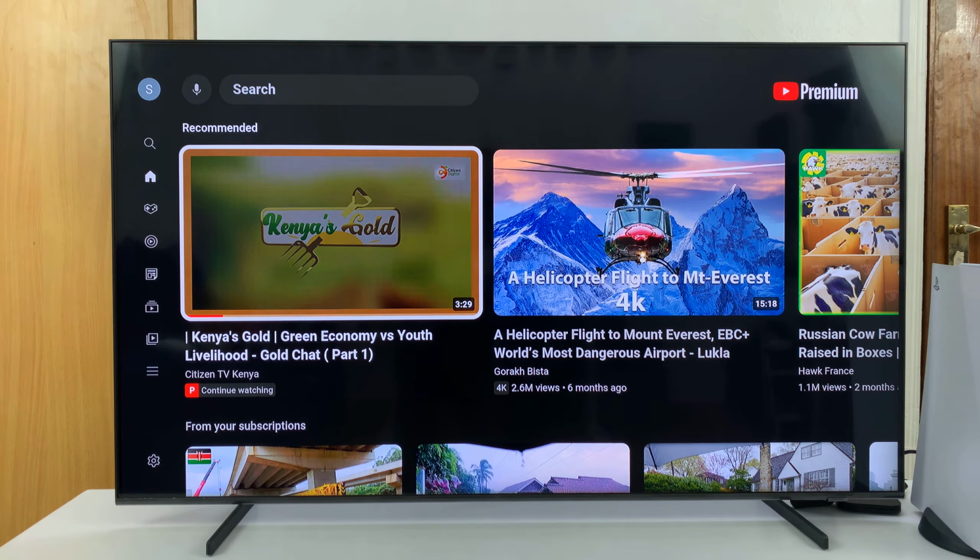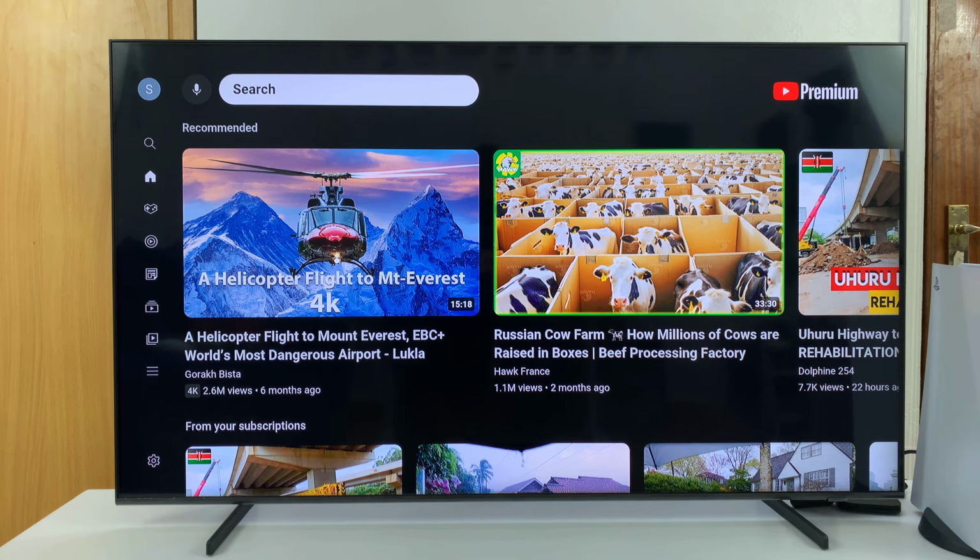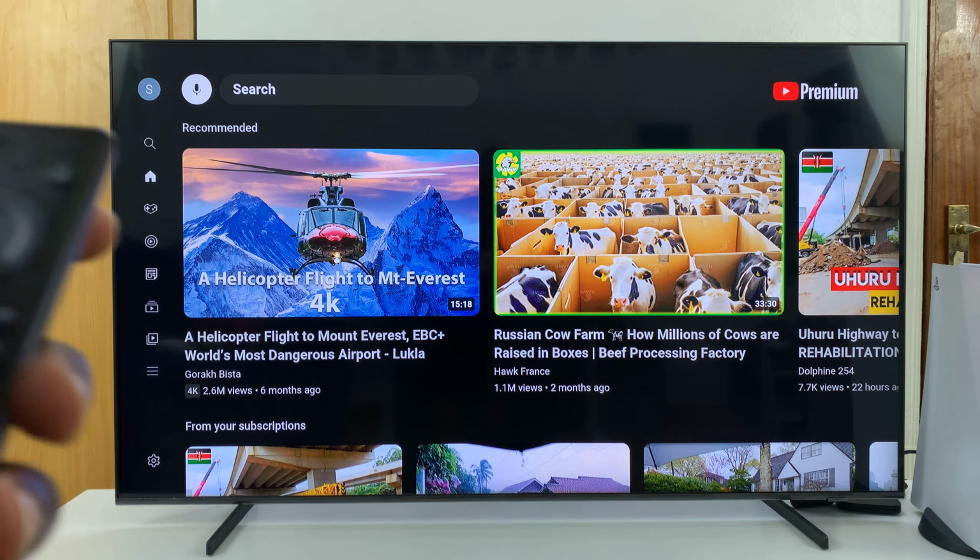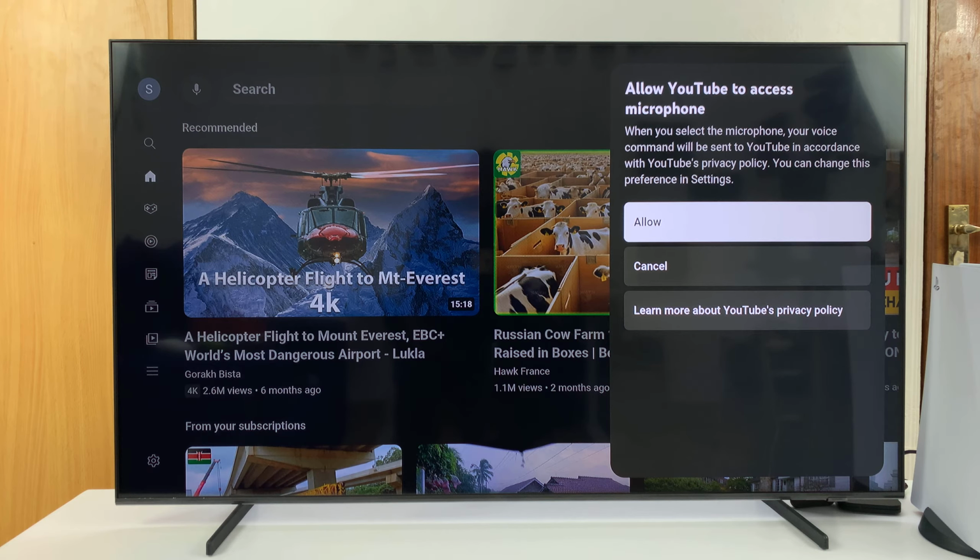All you need to do is go to the search function at the top there, and you'll notice there's a little microphone icon on the left side of that search box. So just make sure that microphone is highlighted and then just select it using the remote. Now, if it's the first time, you'll have to allow YouTube access to your microphone. So just go ahead and from the prompt, just go ahead and allow. And once you allow, now whenever you press that or select that little icon,